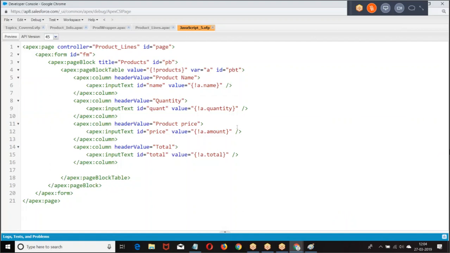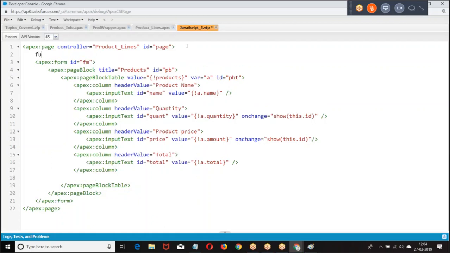So we need to have the question here. Here the question is on change. What am I giving? This dot ID. Whichever element I clicked, that particular element ID we are going to get.